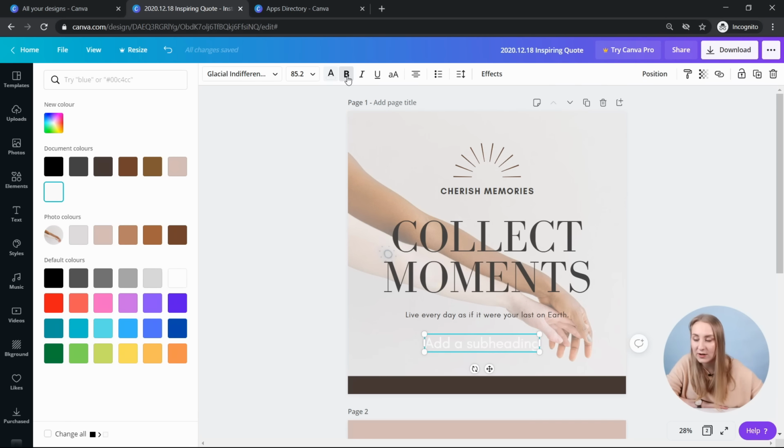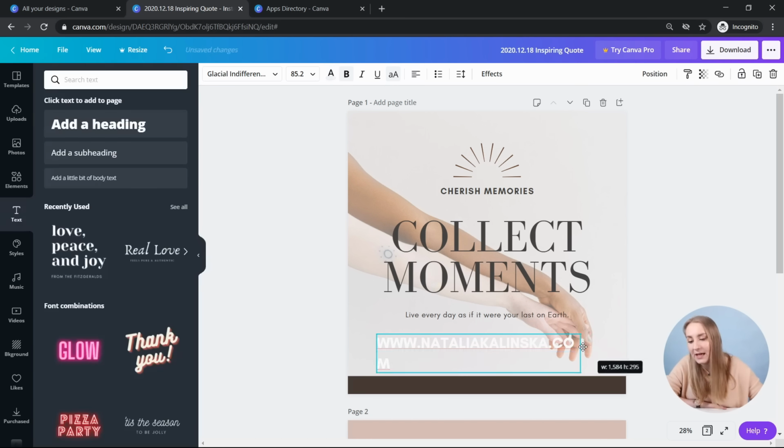This is where you can make it bold, italic, underline, and this is how you can force it to be uppercase. So if you click on it, it will always stay uppercase. Cool, so I've got that in here. If you drag it in here, it'll make the text box a bit wider. You can make it whatever you want, obviously, but then you'll be able to see the alignment as well.